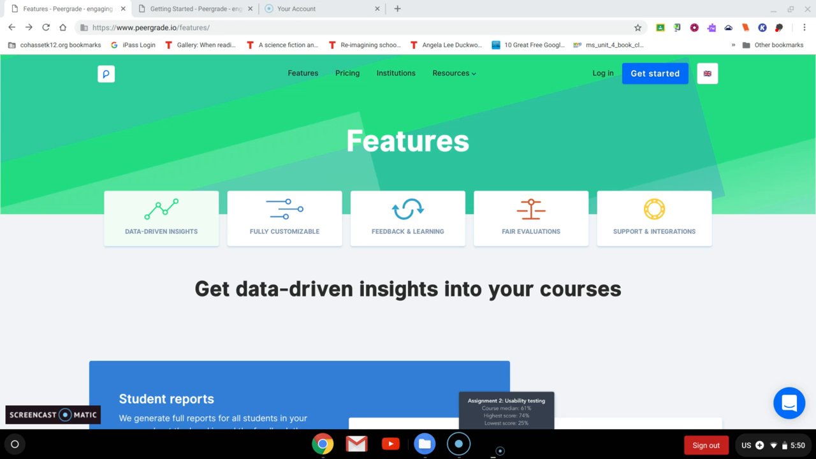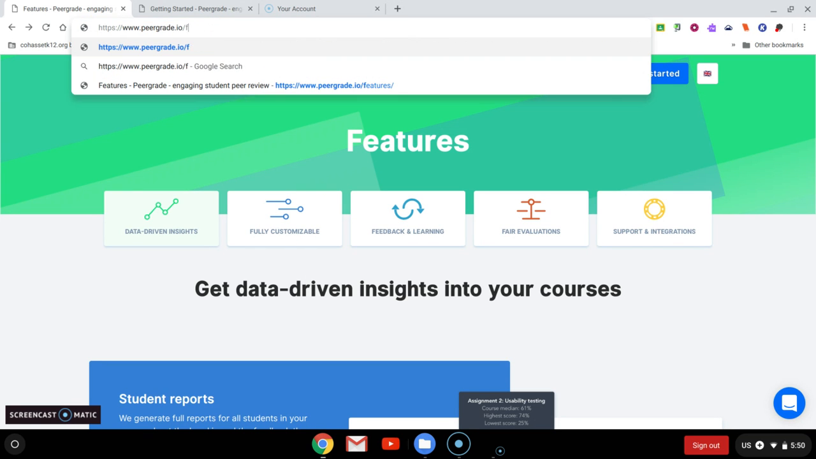So what I'm going to be doing is going over exactly how to use PeerGrade and how to set up PeerGrade so that you can roll it out in your classrooms. So to first set up PeerGrade, the teacher must have a PeerGrade login. So what you're going to do is go to peergrade.io